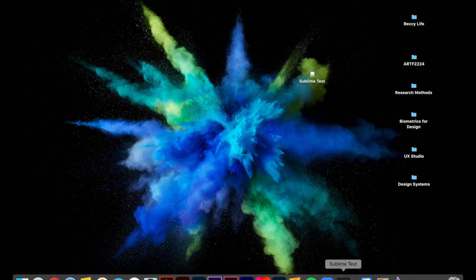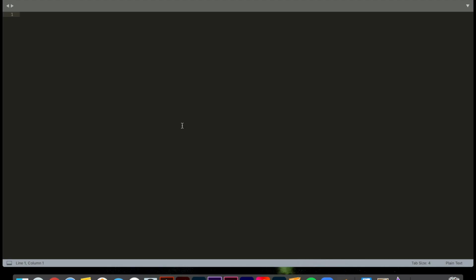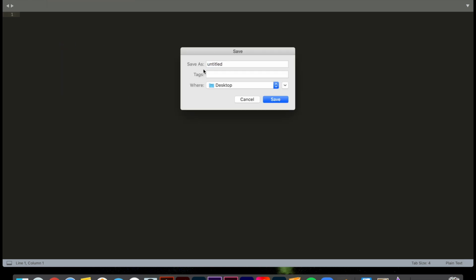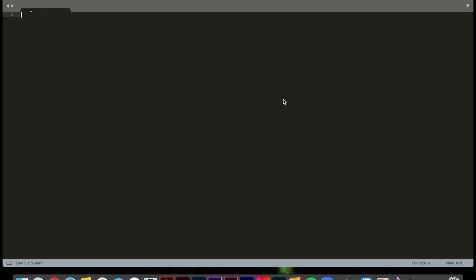First, we're going to open up our text editor. Here I'm using Sublime. I'm going to start by saving and adding a title to my code. So here I'm just putting down my first web page, saving to my desktop, and now I'm going to start